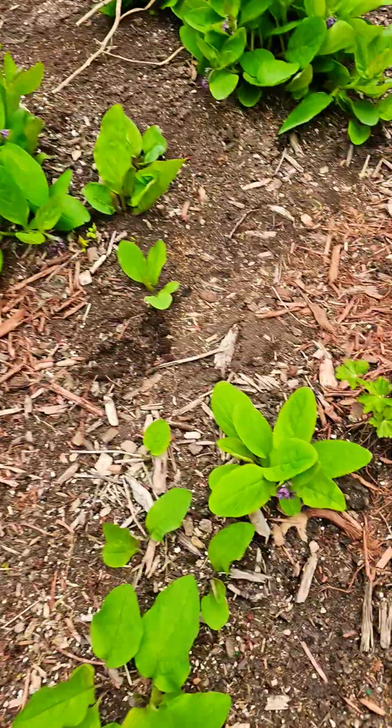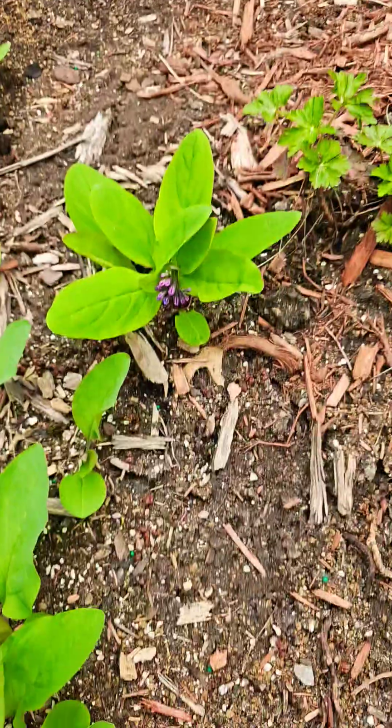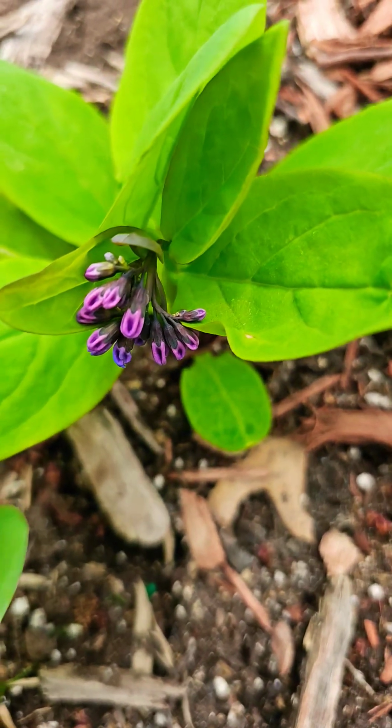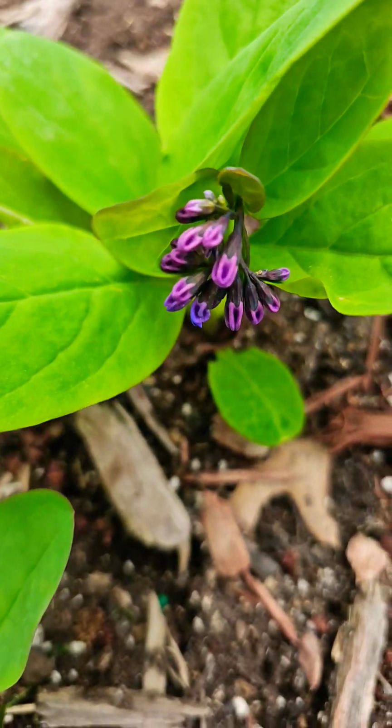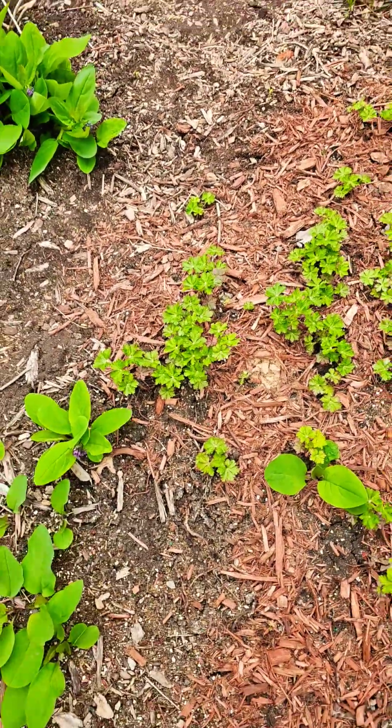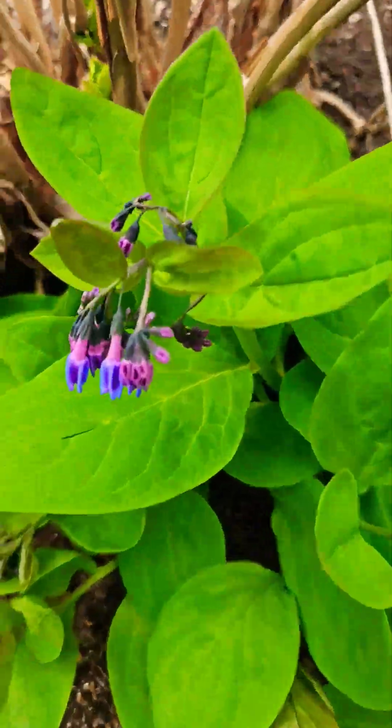Now, let me just show you these buds really quick. When they first bud, you can see the little tiny ones, they're pink. Then they start looking a little bit purple. And I'm going to try to get you in closer to another one where you can see a few different